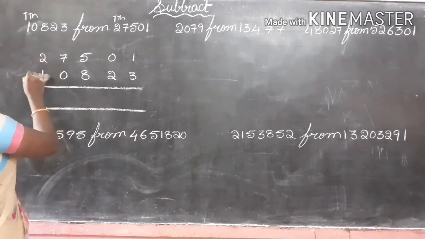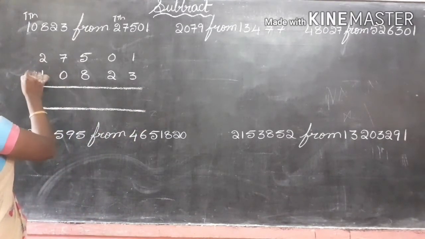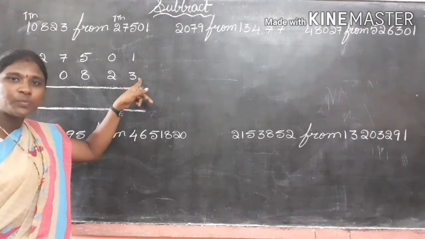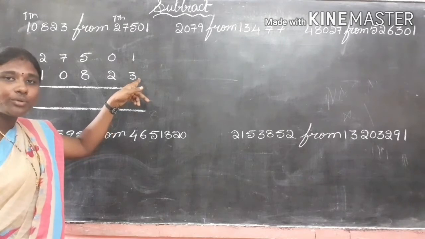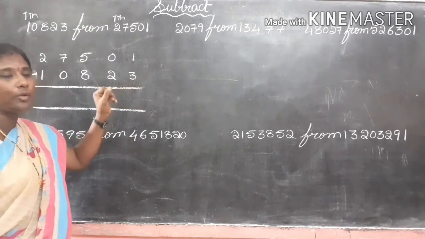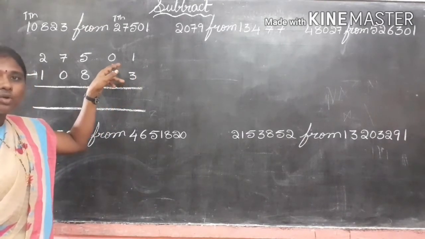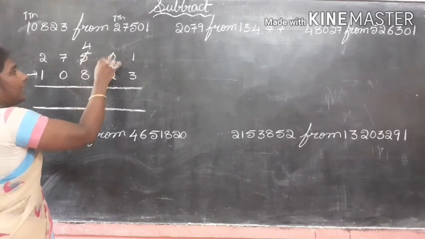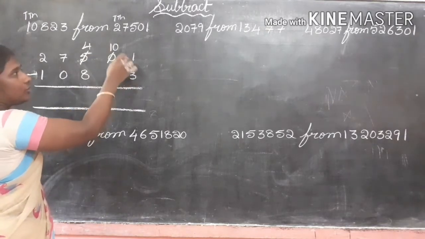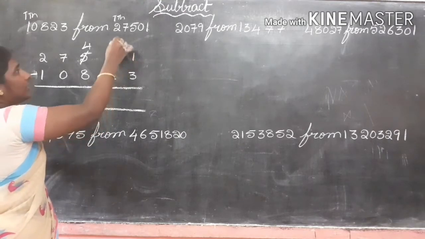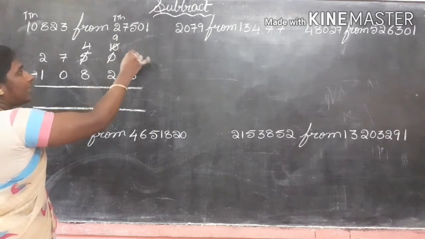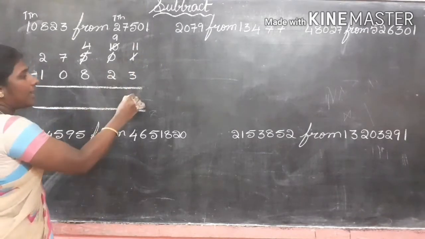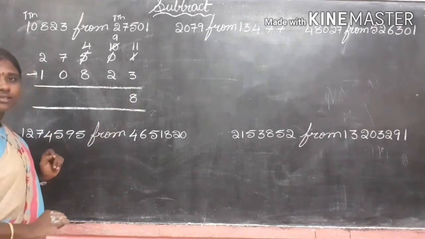Okay, what do we have to do? We have to do the subtraction. 1 minus 3. Here 1 minus 3, is it possible? No. What do we have to do? It is not possible. We have to borrow. Here 0. So we have to take from here, 4. Here it is 10. Again from here to here, no. 1 we are giving. So here it is 9. 10 plus 1, 11. We learned the same problems before. Okay. 11 minus 3, 8.